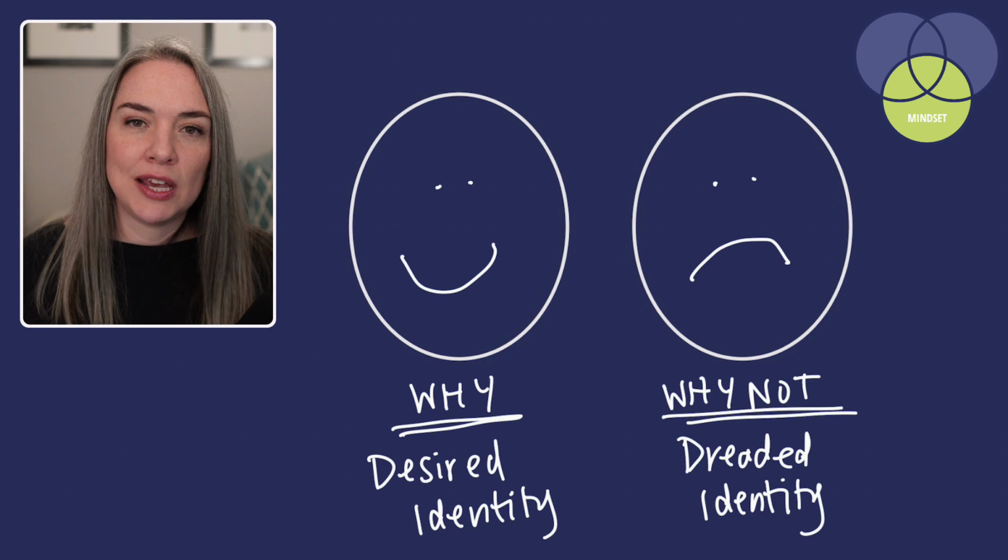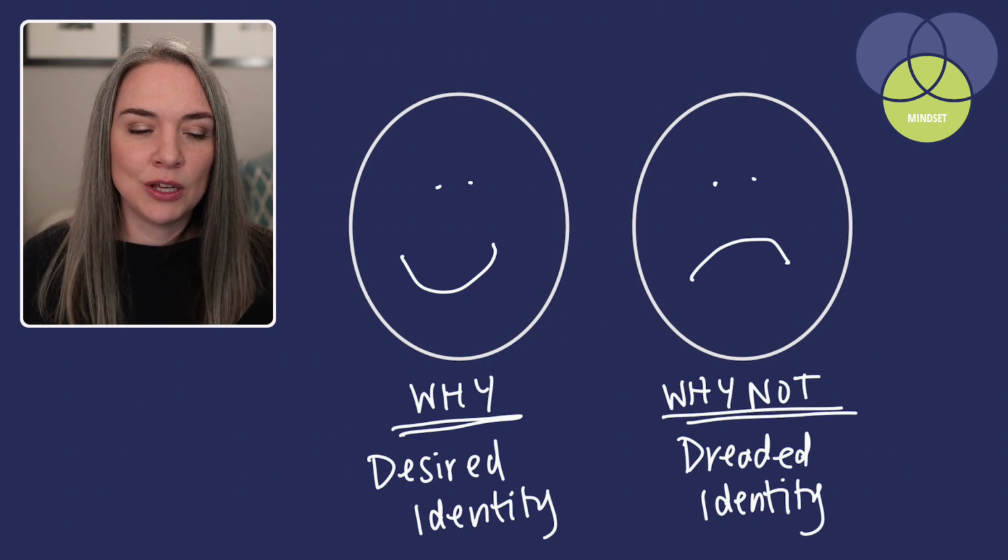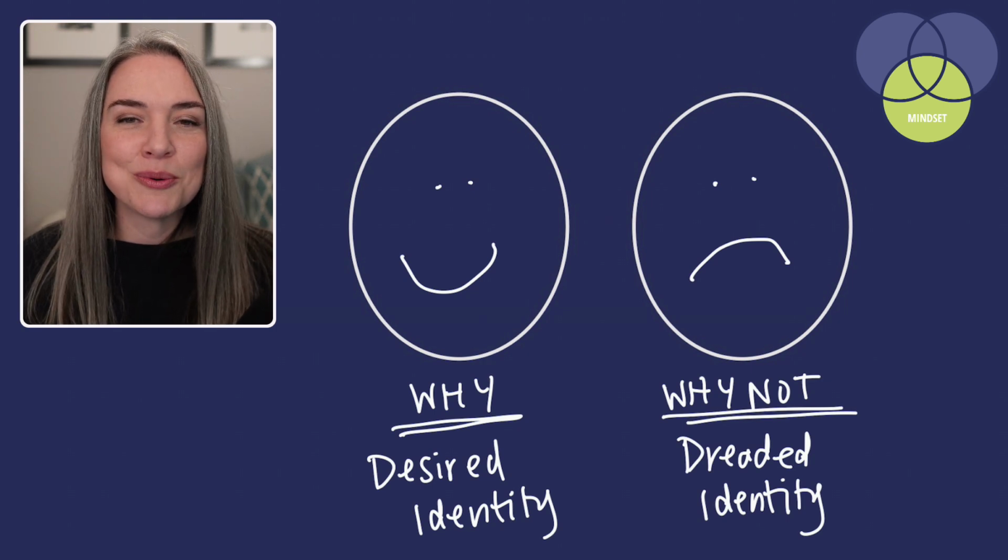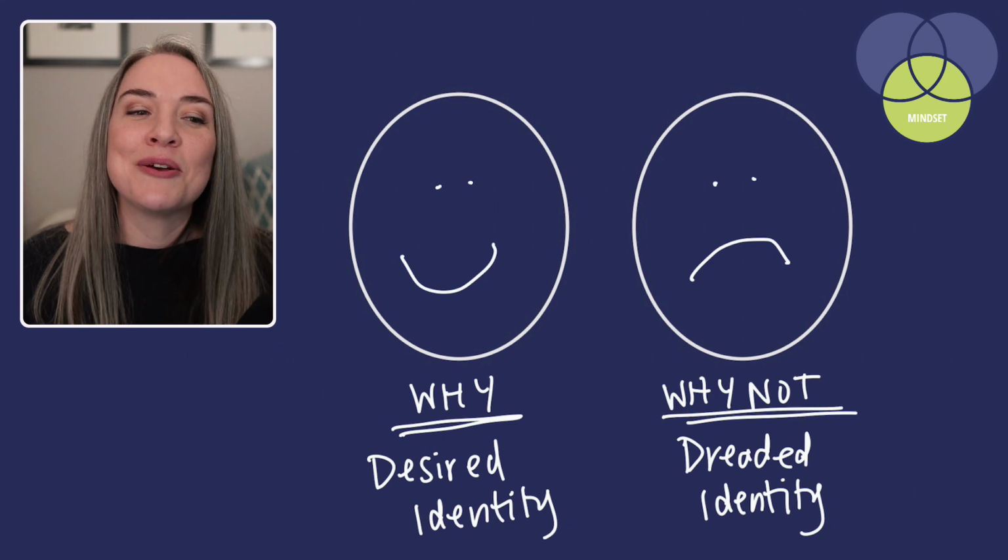And if we don't take time to ask ourselves not just the why, but also the why not, then often just the why on its own is not strong enough. And so we will struggle to take action and we'll think there's something wrong with us when really our brain is trying to protect us from something bad happening. These psychological roadblocks are actually really sophisticated because we're trying to prevent negative outcomes.